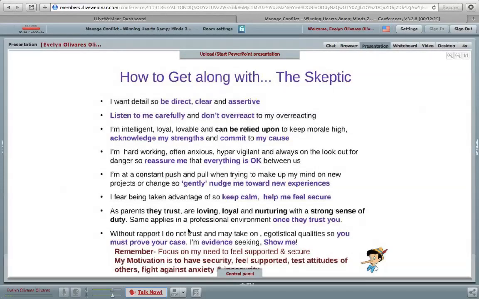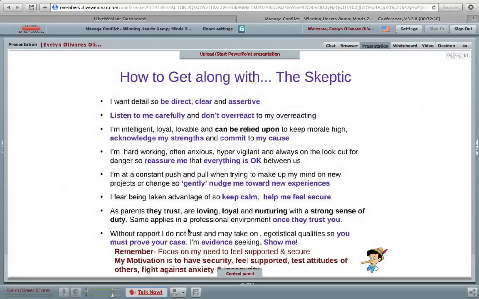So how do I get along then with the skeptic, with the questioner? I want detail, so be very direct, clear, and assertive. Listen to me carefully and don't overreact to my overreacting. I'm intelligent, I'm loyal, I'm lovable, and I can be relied upon to keep morale high. Acknowledge my strengths and commit to my cause. I'm hardworking, I'm often anxious, hypervigilant, and always on the lookout for danger, so reassure me that everything is okay